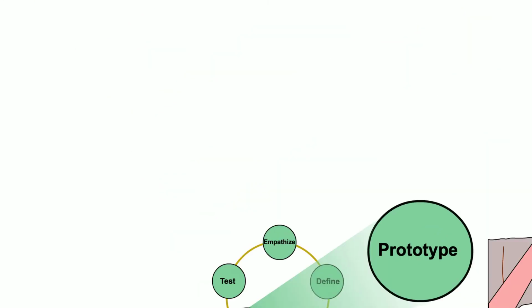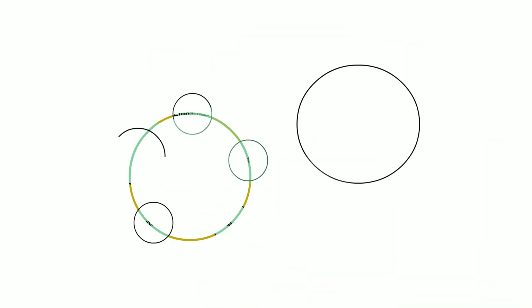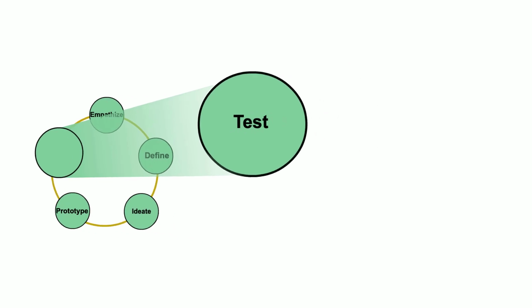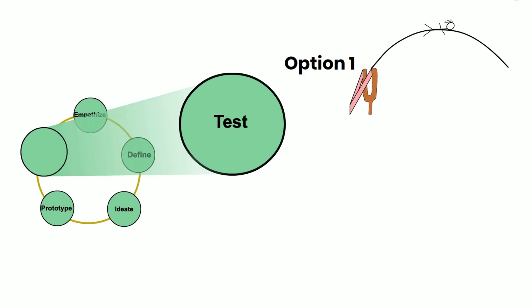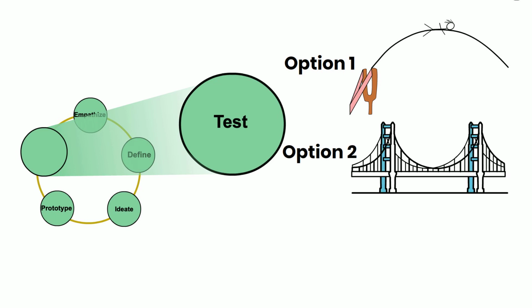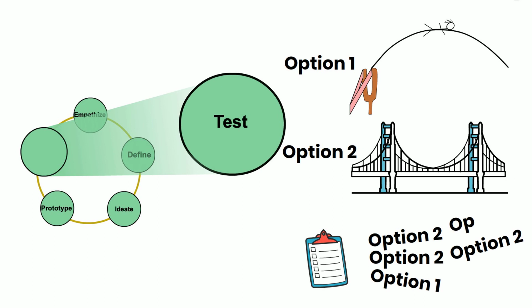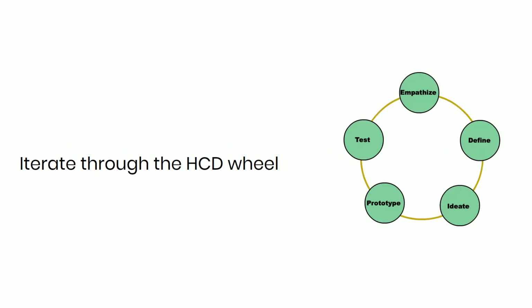And then that leads naturally into the fifth step, which is test. This is where you put your ideas in front of your target audience and say, hey, if you could have this, would this make things better? You take the results of this testing and you start the cycle all over again, but with the benefit of everything you just learned. The entire human-centered design process is going around this wheel again and again and extracting those